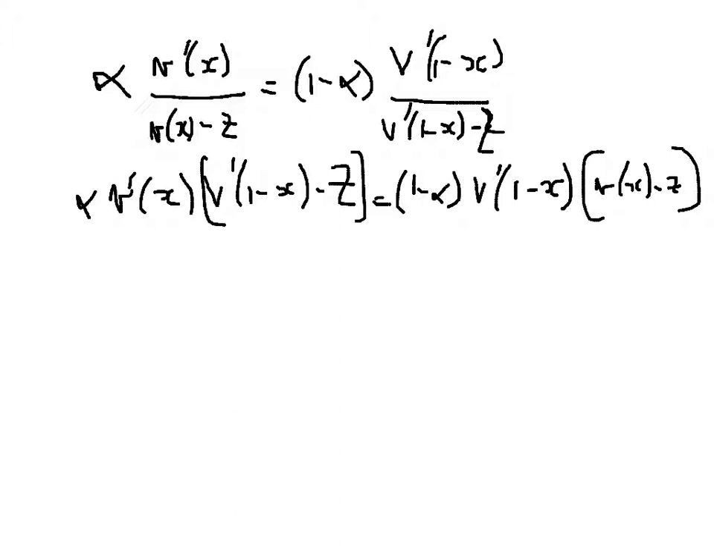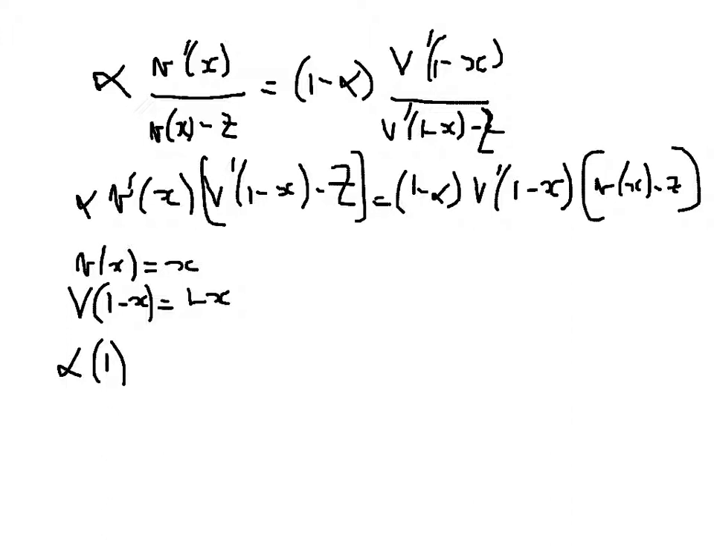Now to simplify this, I'm going to give actual functions here for the utility functions. I'm going to say that v of x is equal to x and capital V of 1 minus x is equal to 1 minus x. So let me rewrite this expression. Alpha times 1 times